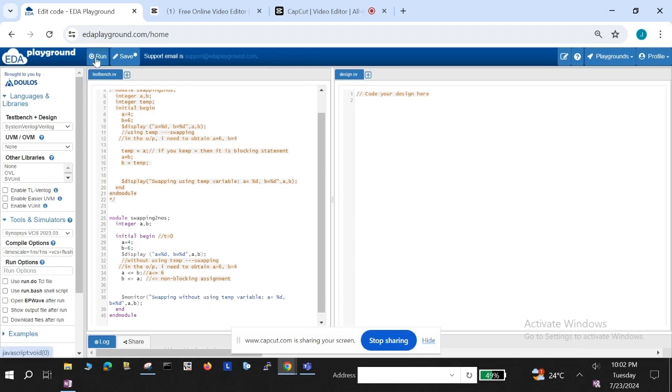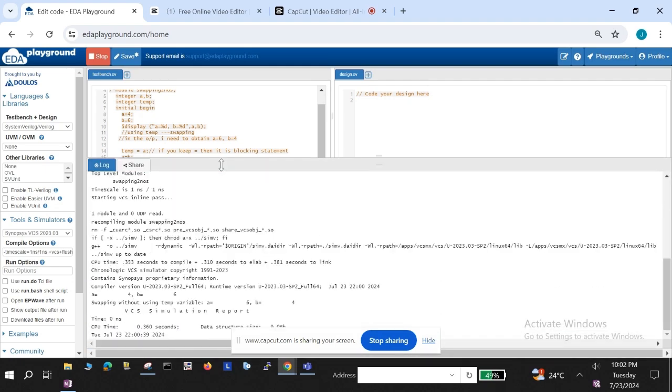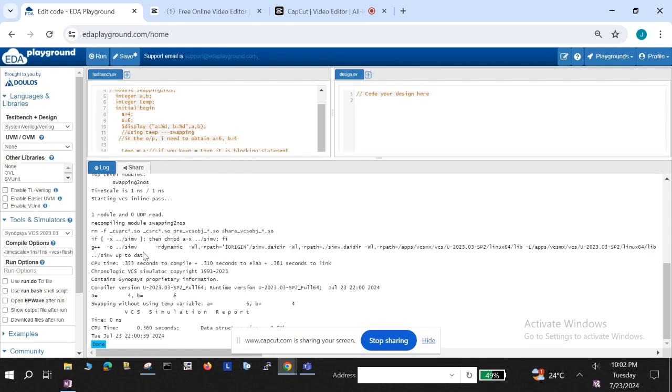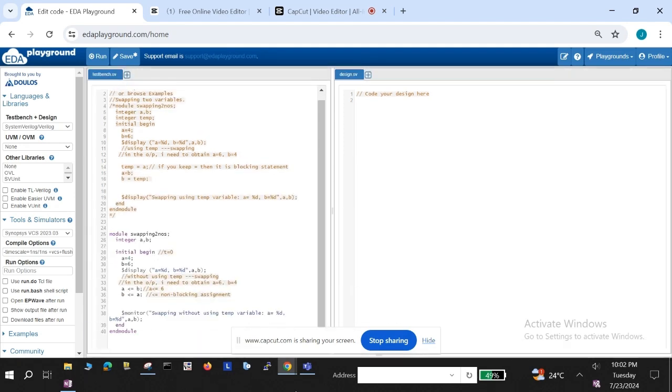Again, you will get a confusion, so that's why. See now, a equal to 4 and b equal to 6 is our input. After swapping, what we got is a equal to 6 and b equal to 4. So this is how we obtain swapping in Verilog by using non-blocking assignments without using any temporary